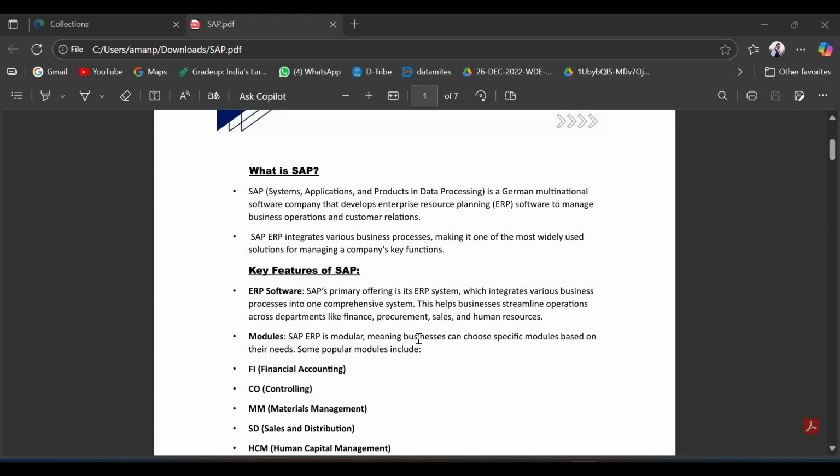SAP connects all departments into one system, so everything is integrated, whether it's finance, inventory, sales, or purchasing. This improves efficiency, accuracy, and saves a lot of time.